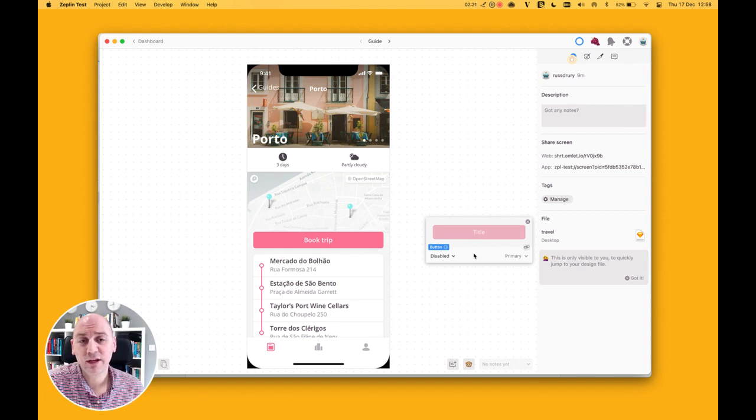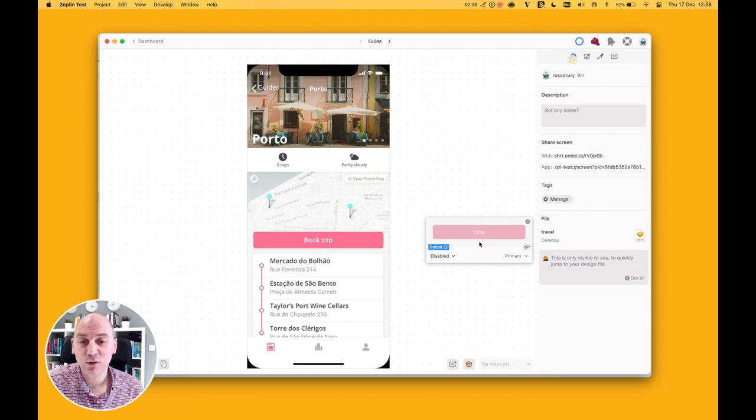Now what I'm going to do is also use another state of this button to communicate to the developer that's working on this that I also want him to be aware that there are variants. You'll notice on the right hand side that we have a small link icon. So by clicking that, it will copy to my clipboard a direct link to this component of this variant type